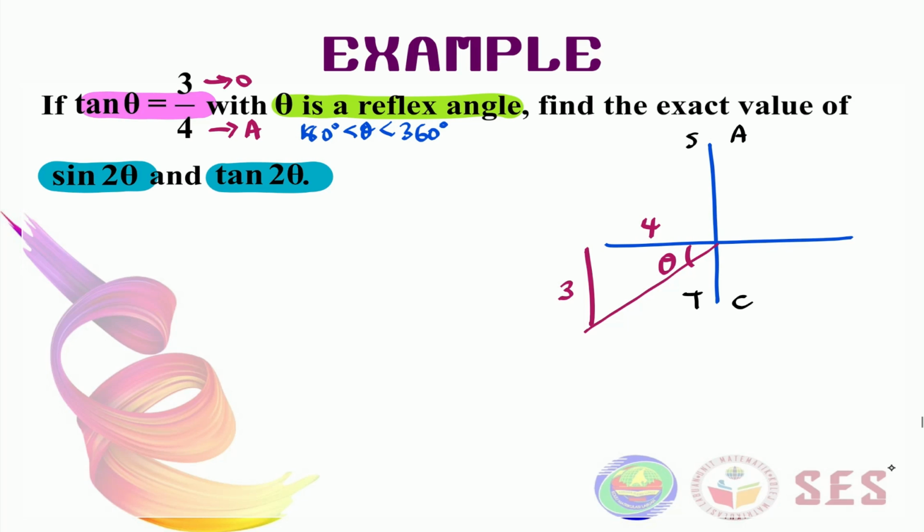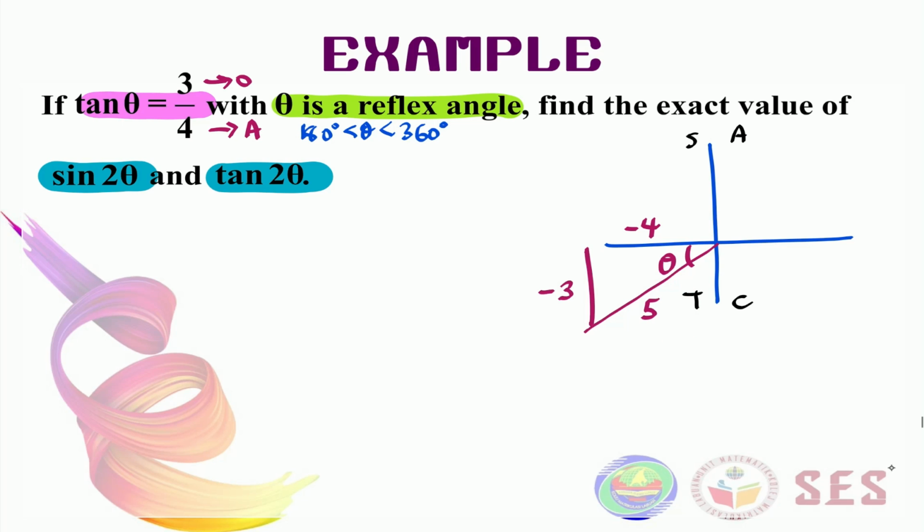Remember what I said in the previous video, that we need to be careful with this measurement here. We know that this is a positive x, this is a negative x, this is a positive y, and this is a negative y. That means in our measurement here, we should put -4 and -3. And to complete our triangle, we need to find the hypotenuse. By using Pythagoras theorem, the value for the hypotenuse is 5. And it's not -5 because hypotenuse is always positive. Right, now the triangle is complete.